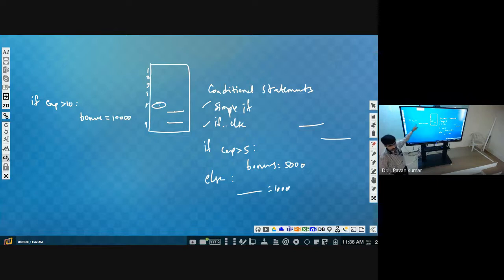If experience is greater than 10, we give a bonus of 10,000. If it is between 5 and 10, then we give 5,000. So how can we check that condition? Greater than 5, less than 10. How can we write it?